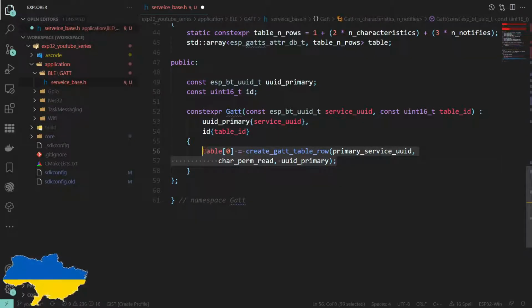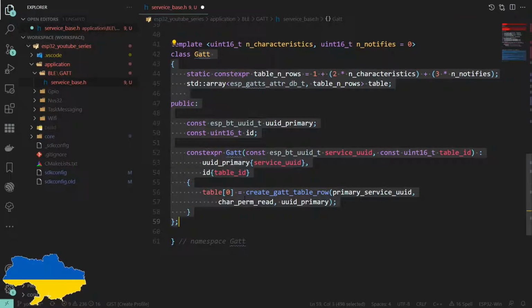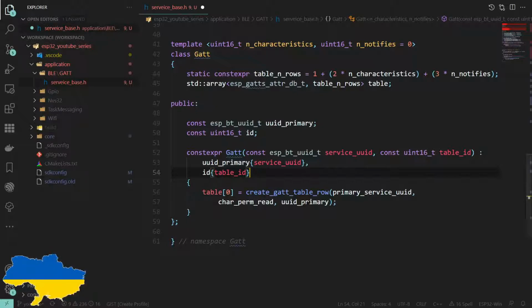Now, as for the other rows in the table, the next row might be our heart rate or our firmware version. It'd actually be the declaration of the firmware version, and then the next row would be the actual number itself. But we don't know what they are in this base class, so we can't actually fill those out yet. But we will be able to soon. Next episode, though, probably. So that sort of creates the table.